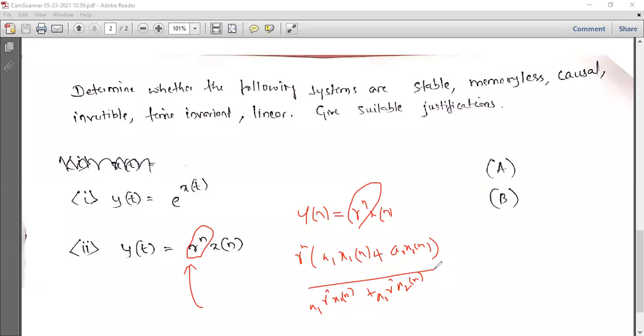Sir, for the last questions, can you take similar problems for tomorrow's class? I got a bit confused between these problems, sir. The last one, called time invariant things and all. Can you take two problems and teach us? Yeah, we will do it.